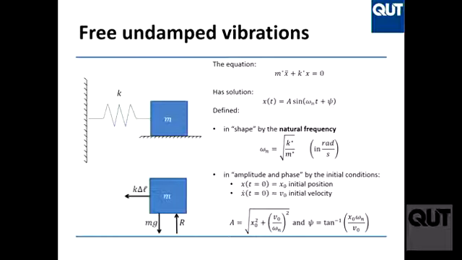Okay? If the phase is equal 90 degrees, well, then at time equal to 0, I have sine of 0 plus 90 degrees. Sine of 90 degrees is 1. So the x is equal to A at time equal to 0. It means it starts from here. If this is the amplitude, it starts from here. Okay? And then it vibrates like this. Instead, if psi was equal to 0, it started like this and then vibrated like this. If psi is minus 90, it starts from here. And then it vibrates like this, and so on.